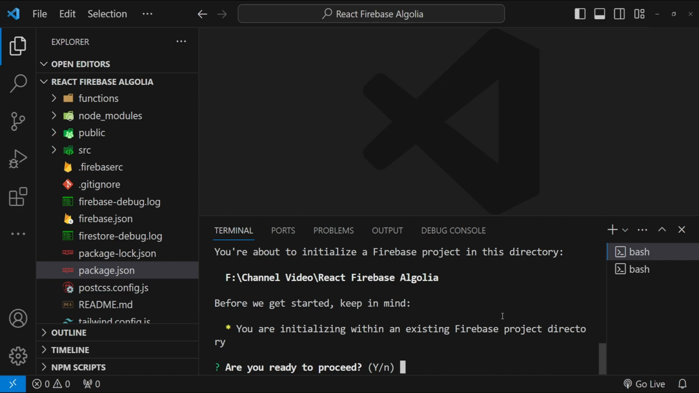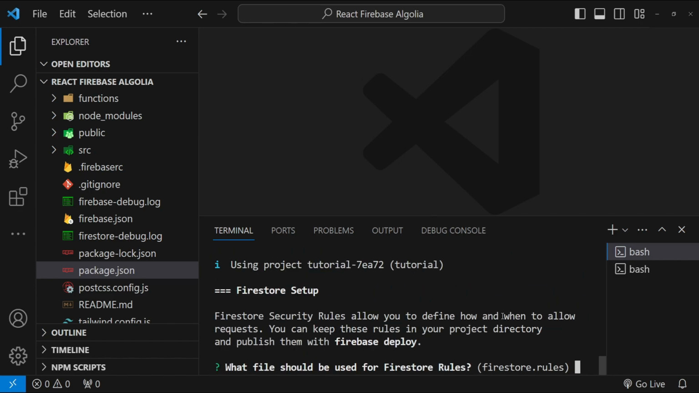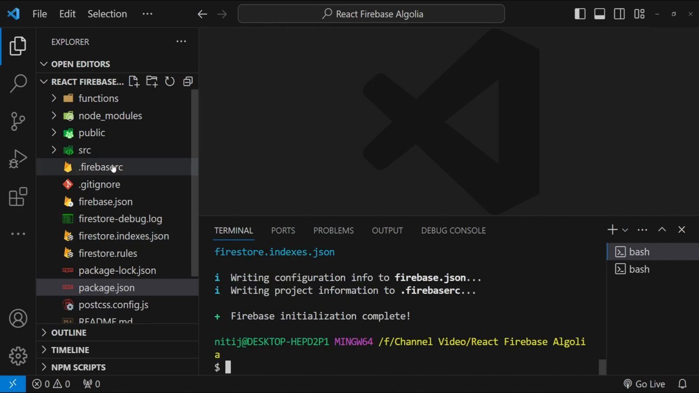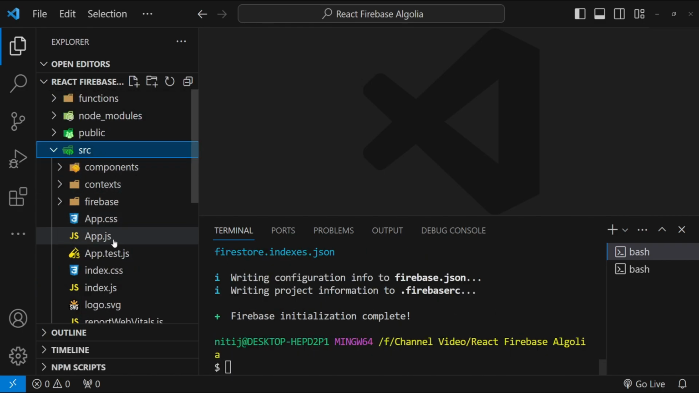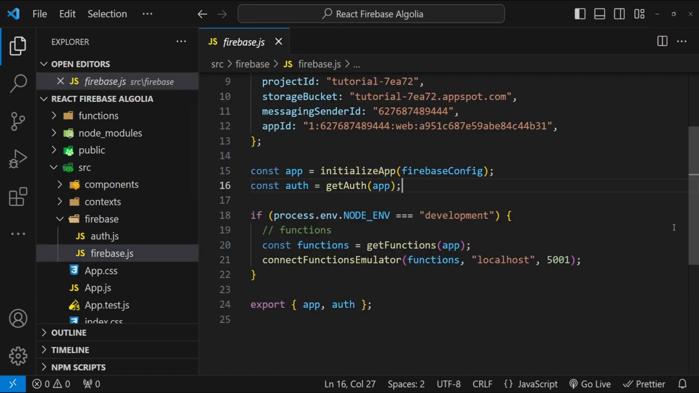Now it says, are you ready to proceed? Press Y, and then we need to set up Firestore. So I will select it and press enter. Now I am going to select all the default values. After Firebase is initialized, let's go to the src folder and then the firebase folder, open up firebase.js,